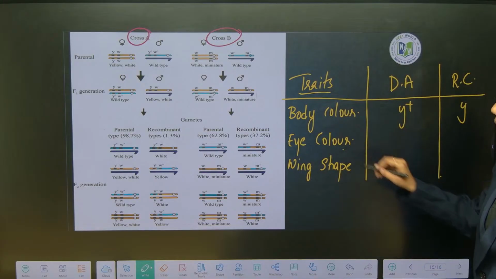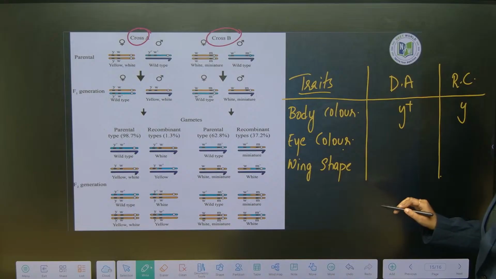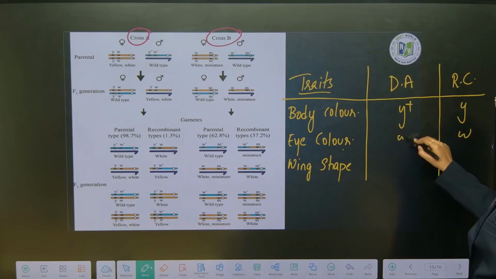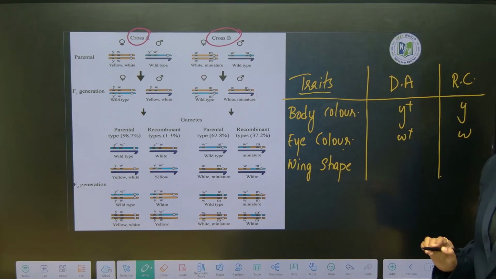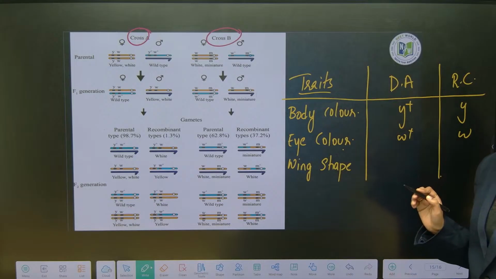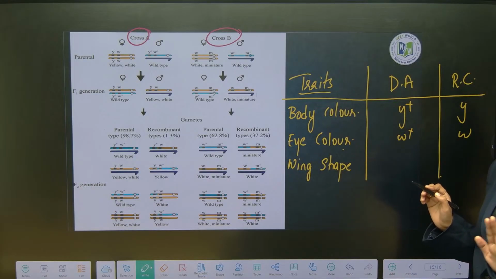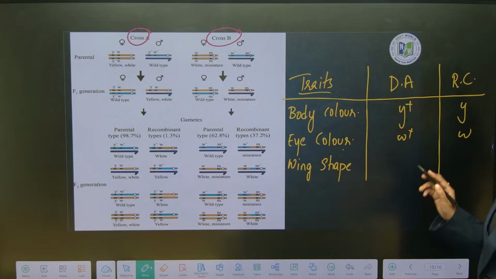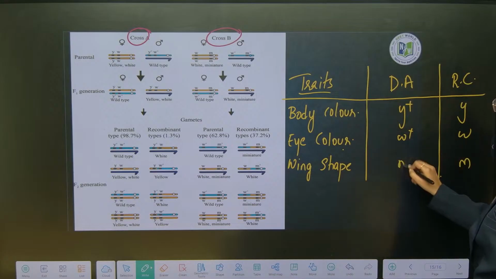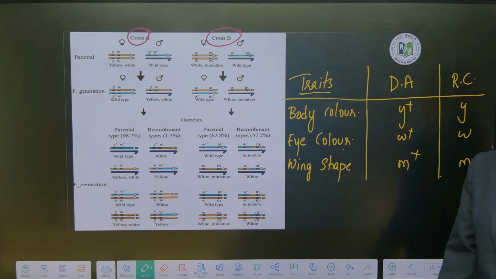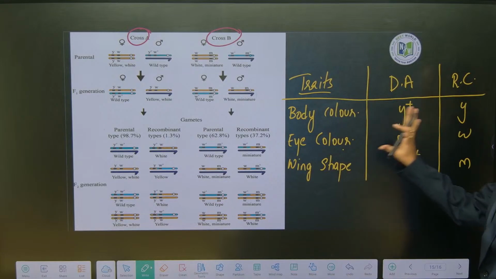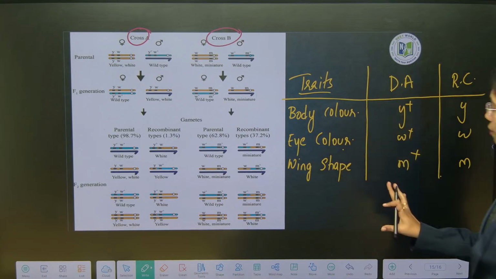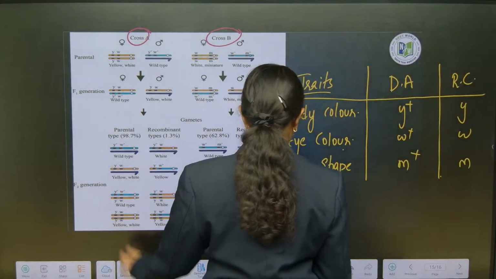Okay. Eye color, red is dominant, white is recessive. So, it is w, w plus here, this is the notation. Wing shape, normal wing shape is dominant, miniature wing shape is recessive. So, it is m, m plus. Clear? This is all about the traits. So, now if you have to plot it on a chromosome,